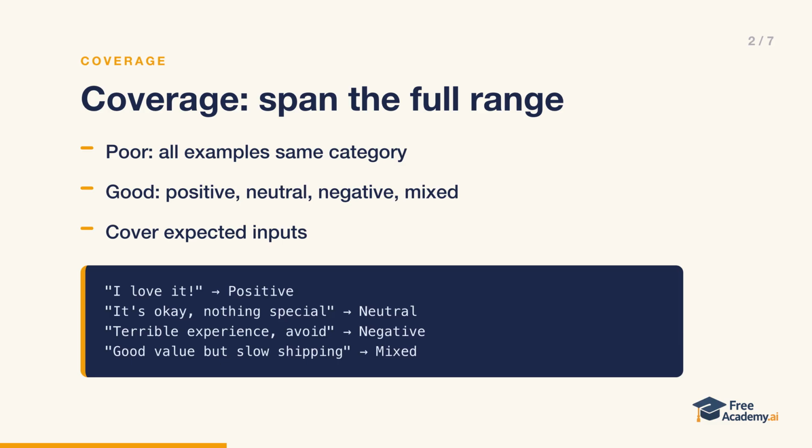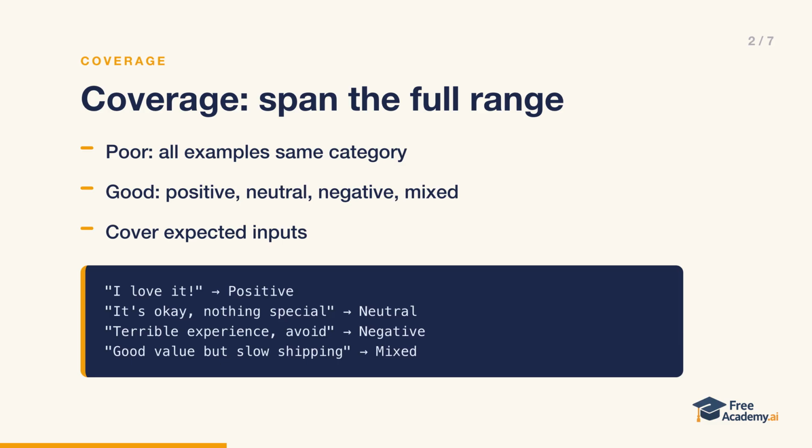Good coverage is different. I love it maps to positive. It's okay, nothing special maps to neutral. Terrible experience, avoid maps to negative. And good value but slow shipping maps to mixed. Now the model sees the whole spectrum, including a tricky mixed case. The lesson is simple. Cover the full range of expected inputs, not just the easy, obvious ones you happen to